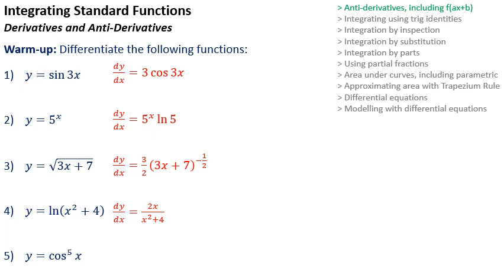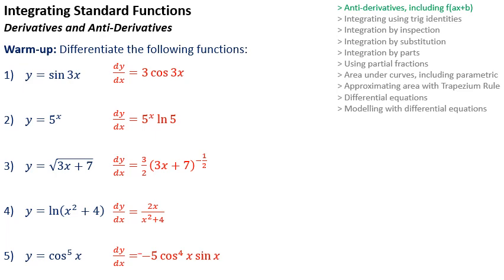We've been using it lots, so hopefully you're getting familiar with how it works and why it's not the same as the notation used for cos to the minus 1. Cos to the 5x means cos x raised to the power 5. And if we've got something raised to the power 5 for our outer function, then we'll get 5 lots of that something raised to the power 4. After that, we just need to multiply by the derivative of the something,